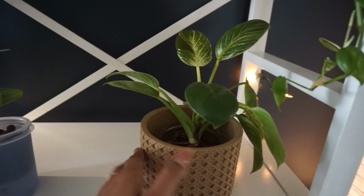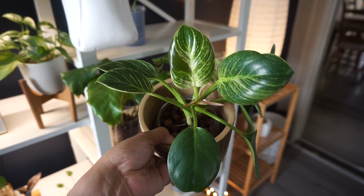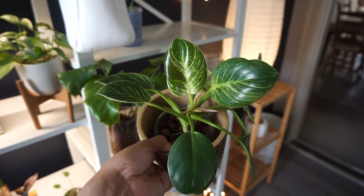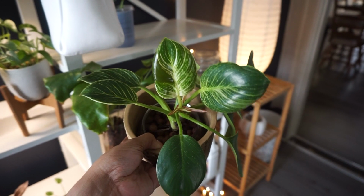My Philodendron Birkin. The past two leaves that she has put out have been a little bit reverted into, I think, a red Congo is what it's called, but I kind of like the way it looks. She's definitely a slow grower, but